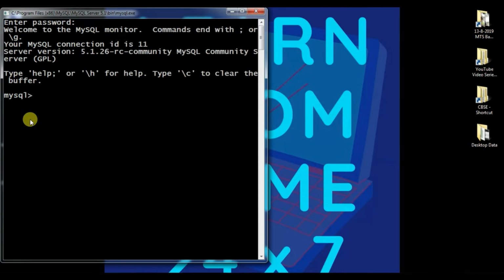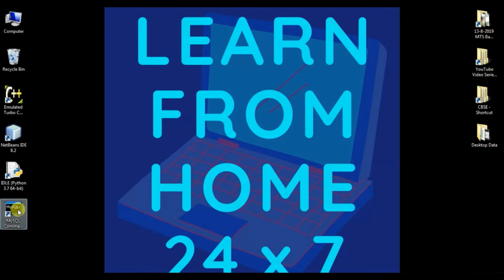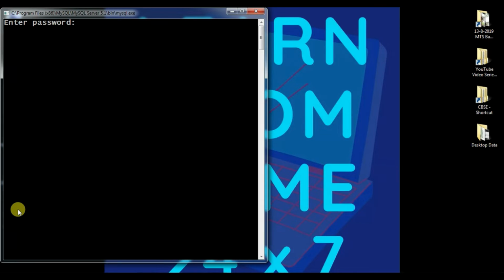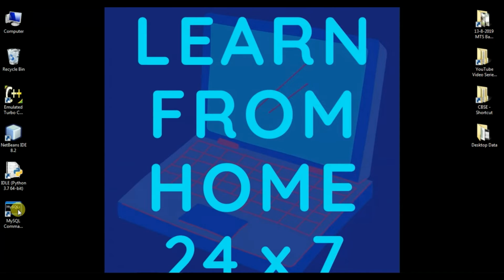Now the question is, what happens if you enter the wrong password? Let's exit from the current window using the keyword exit. Yes, this keyword is used to quit from the MySQL screen. Now again open it. Suppose I'm going to enter a wrong password. Let's take 1, 2, 3, 4, 5. That is not actually my password. So what? Yes, you are going to be terminated from the MySQL command prompt screen. So let's start again and enter the right password.